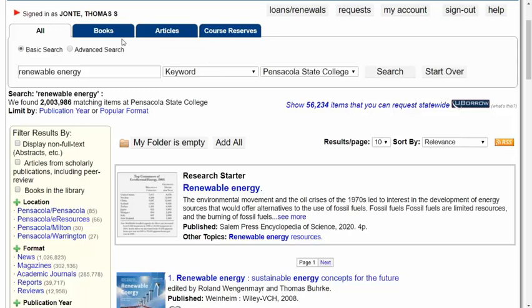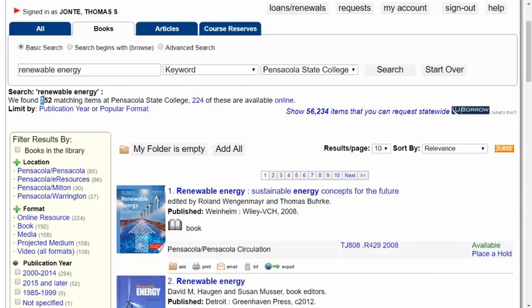The Books tab will show you all the physical items and ebooks that you can download. The Articles tab will show you all the online resources from academic journals and newspapers and even online video. Course reserves are going to be reserves that we have available within the library. Let's just click on the Books tab to show off all the physical items we can check out and all of our ebook collection. Now we're down to about 350 items, but let's narrow this down further to just our